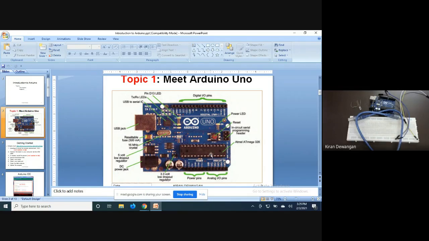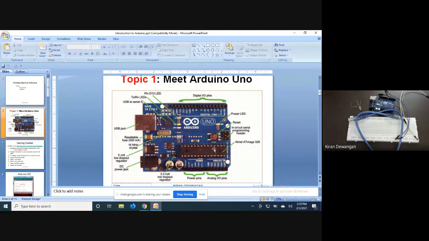So this is a complete board through which you can design any of your projects. This is the controller which is used in Arduino. Atmel is a company's name. Atmega 328 is the microcontroller name.